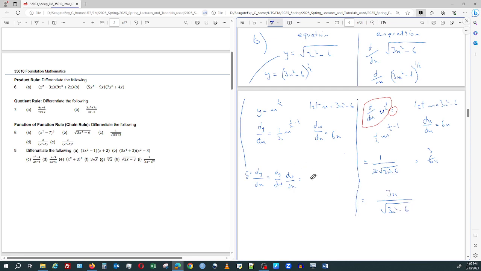Same thing over here. A half minus 1 is minus a half. So it's 1 over 2 square root of u, which was 3x squared minus 6, times 6x. We'll be cancelling. So we'll get 3x over